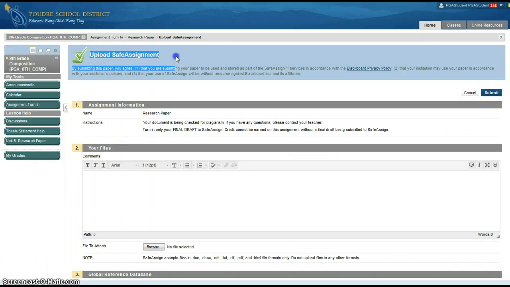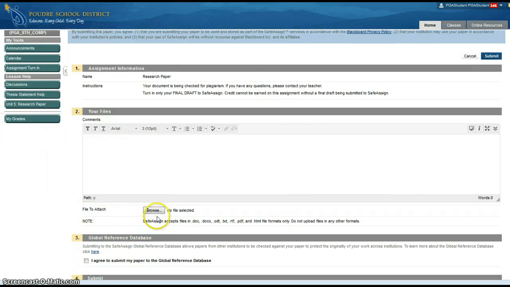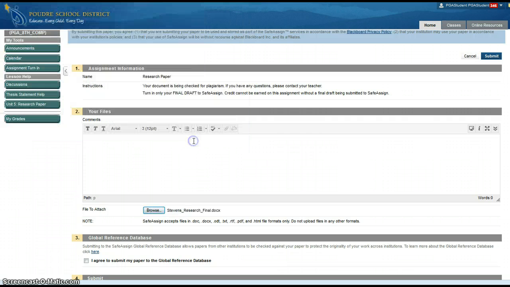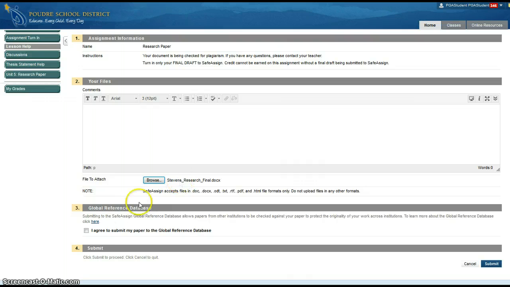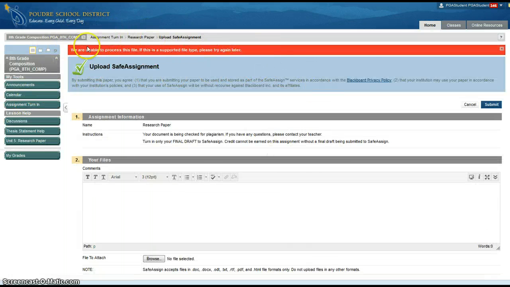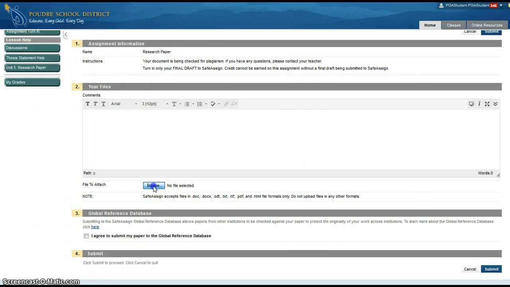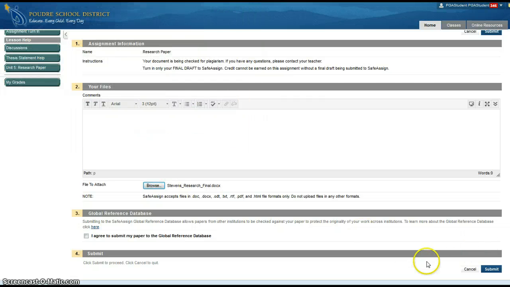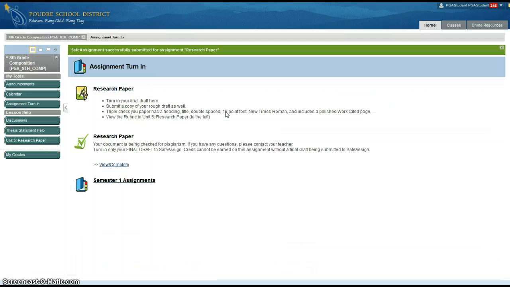So click on View Complete, and this is going to look very similar to the other submission zone. Make sure you're in the SafeAssign area. We're going to scroll down, click Browse, and I am only turning in the final draft here, not the rough draft, just the final. Go ahead and attach it, click I agree, and then hit submit. And SafeAssign is going to take a minute to make sure it's updated. If you get this error message, make sure that your SafeAssign is the right format. We'll try it one more time and see if it processes. Gonna wait, and it took it that time. So if you get an error message, just be consistent and persistent. Go ahead and submit it again. And once you turn it in, you can double check that it went through